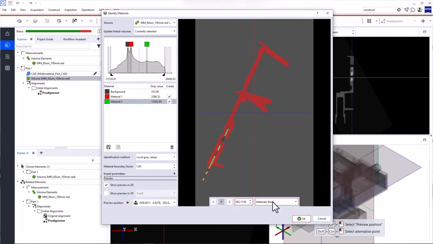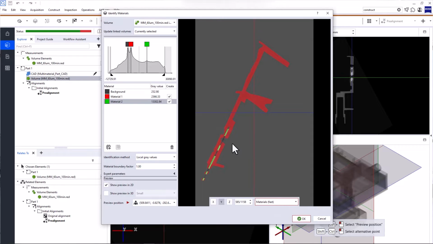And beside that, you have different preview modes. Materials Fast allows for a faster preview computation, but might not be completely accurate, especially along boundaries between different materials. If you want to preview the actual result, use Materials Computed. Just be aware that the computation time is a bit longer. With Material Boundary Areas, you can visualize the boundary areas the software identified. I'll switch back to Materials Fast for now.